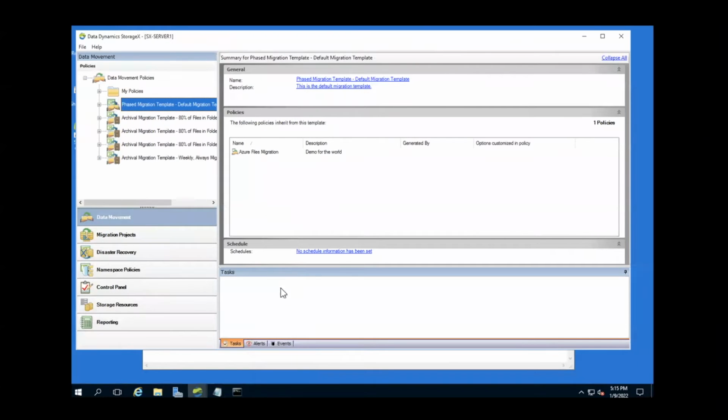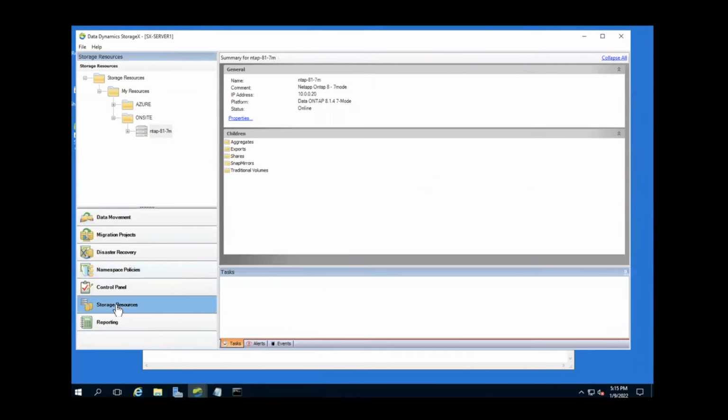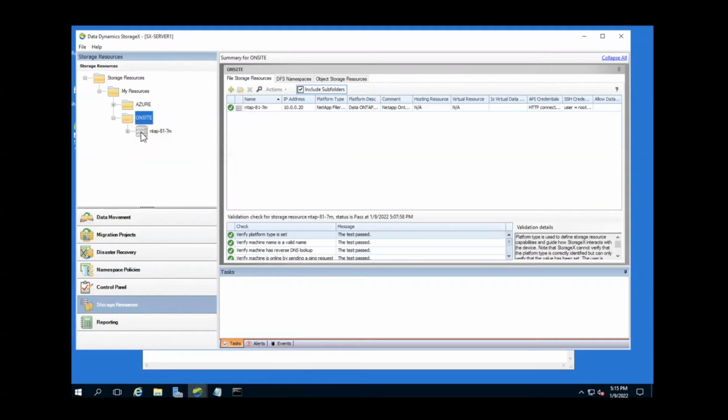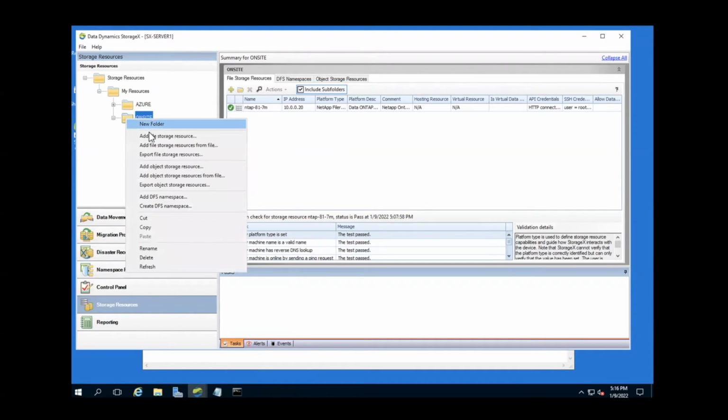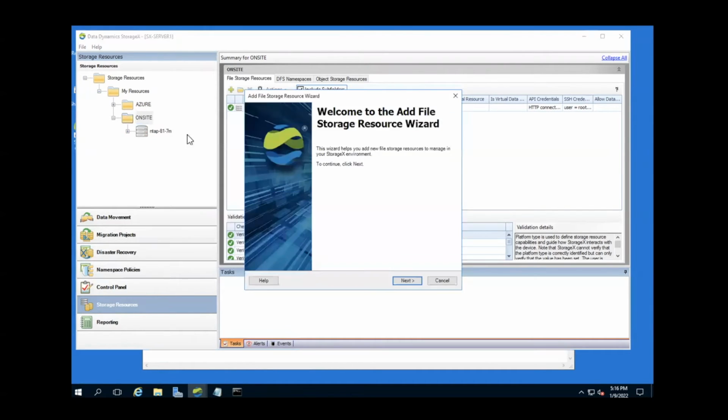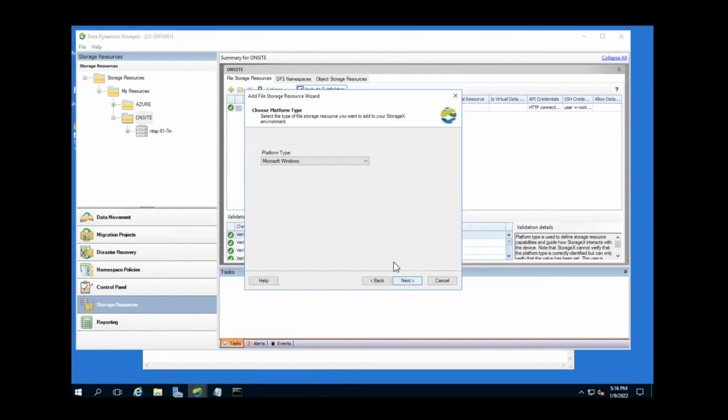So to get started, once you first install StorageX, you're going to want to go to storage resources. Now, I've already imported this resource. This is my on-site NetApp system, which is in 8.1.7 mode. It's where a lot of people are moving, to clustered ONTAP, or they're moving to Azure or some other cloud. Essentially, all you do to create this is you add a file storage resource,